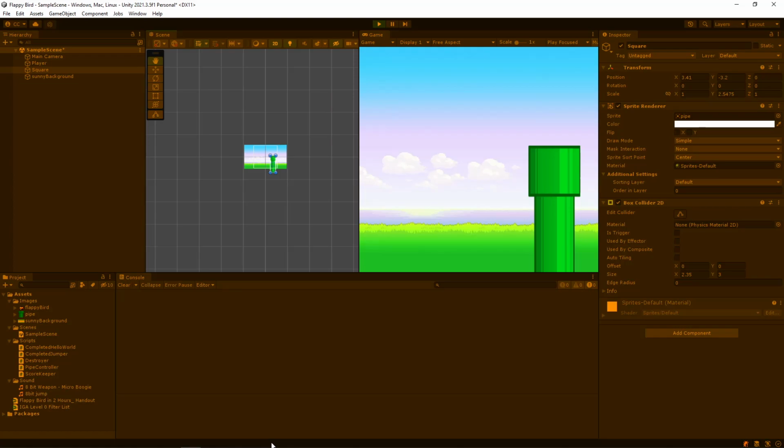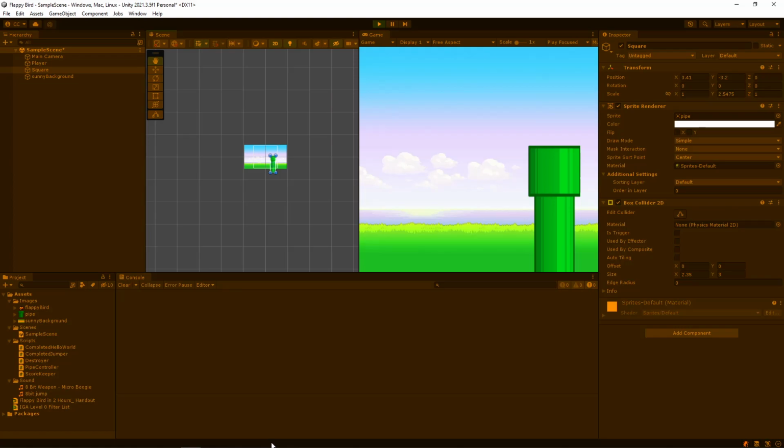So in order to create a new script, what we have to do is in this project window, we click on the plus button and a big menu will appear. The second option from the top says C# script. C# is the programming language that we're using. It's the default language in Unity. I think they used to have JavaScript support, but I'm pretty sure they got rid of it. So now there's just C#. And that will allow us to create a new script.